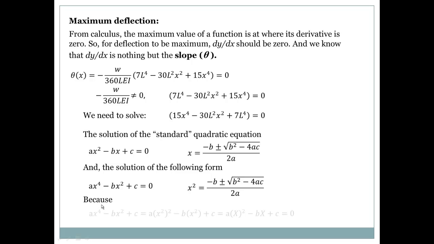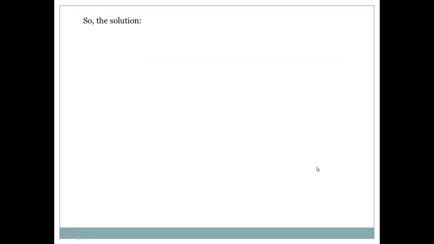So x to the 4 minus bx squared plus c, where a is the coefficient, and this x squared I assume to be big X. So this form ax squared minus bx plus c will look like this. Okay, now the solution, this is the solution,